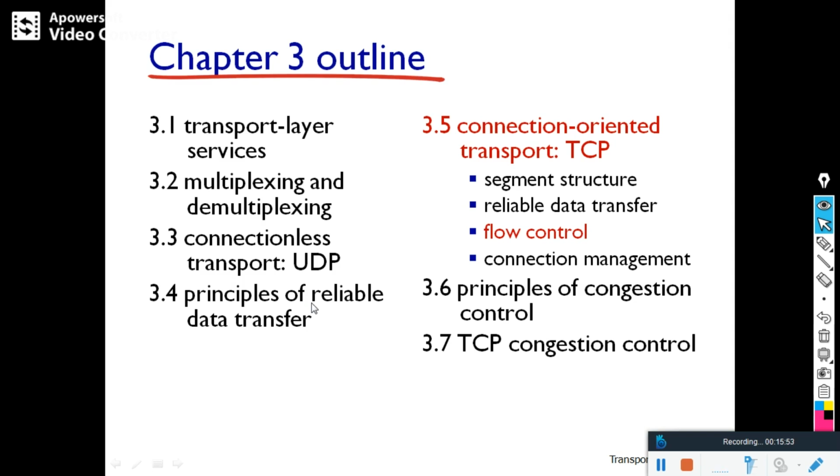So my dear students, with this some important concepts are covered. Now the pending concepts are flow control and congestion control. So I will try to post it later. Flow control is also very, very important: how the flow is controlled, what are the different methods. Second one is congestion control. What do you mean by congestion? What is a congestion control algorithm? How does it work? Very important concept. So I will post it later. Thank you for watching.